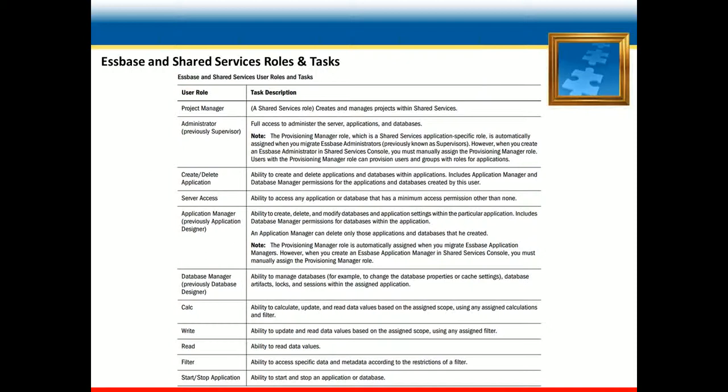About application manager, this is an application level role with the ability to create, delete, or modify databases and application settings within a particular application. For a certain SBS application, the application manager will be able to handle different provisioning or settings at the application level.